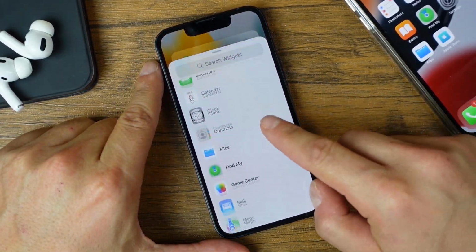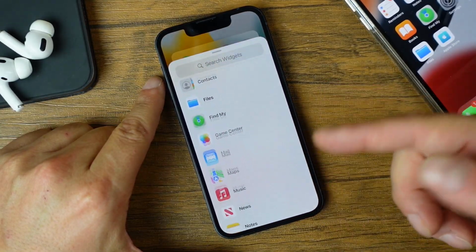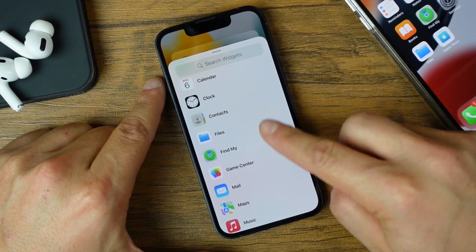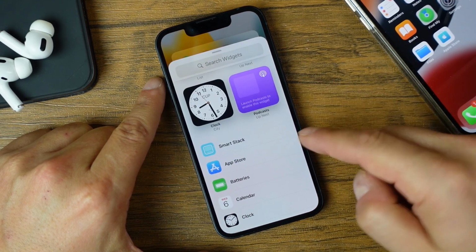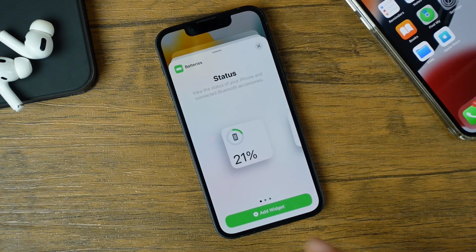So you can scroll through this and see what widgets are available to you. And you can basically just tap and select them. We're going to go through just a couple here. First off, one of the good ones is the battery. We already have it on our home screen, but I'm going to tap it again to show you. Battery is going to allow you to see the battery percentage of your current iPhone, but also your other iOS devices. So if you have AirPods, AirPods Pro, or anything like that, you'll be able to see the battery percentage of them as well as the case. So it's a good thing to have